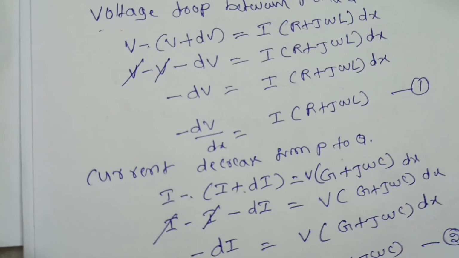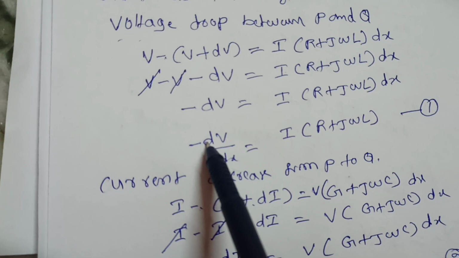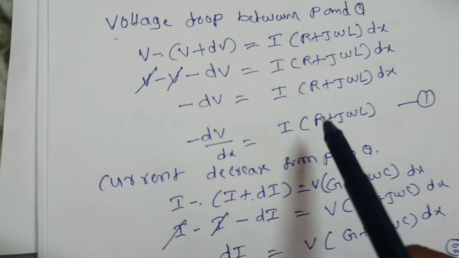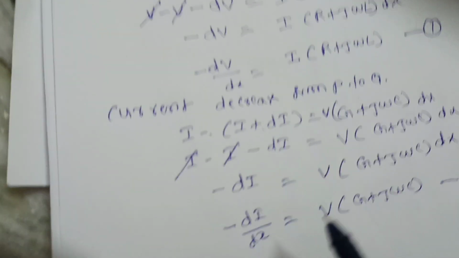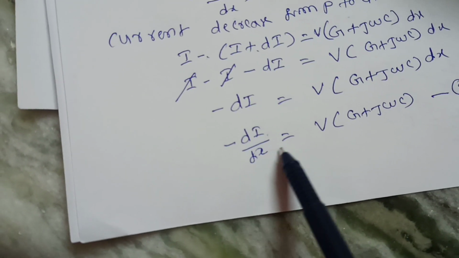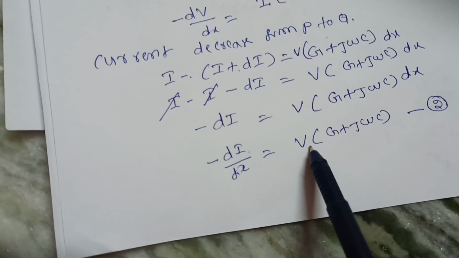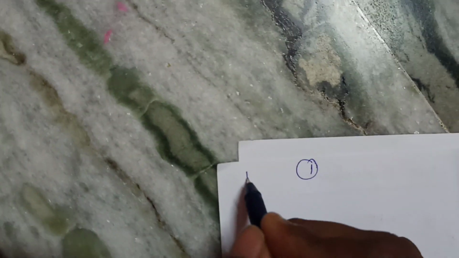In these two equations, this is the voltage equation. In this voltage equation, we have to eliminate the current term. Similarly, in the current equation, we have to eliminate the voltage term. So here, from equation 1,